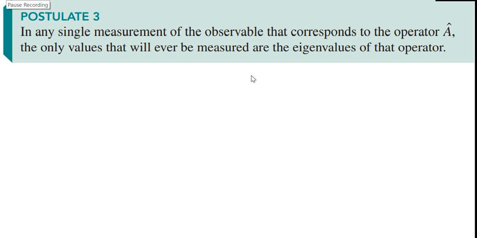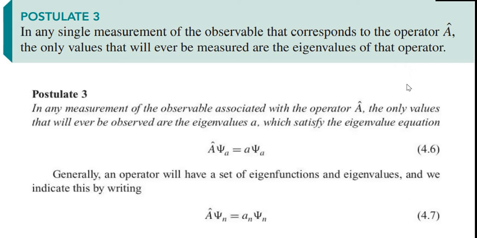gives you one of the eigenvalues, right? So what is the eigenvalue? That also you know that it follows A psi equal to a psi. This is the equation. Okay, this is another version of postulate 3, that in any measurement of the observable associated with the operator A cap, the only values that will ever be observed are the eigenvalues a, which satisfy